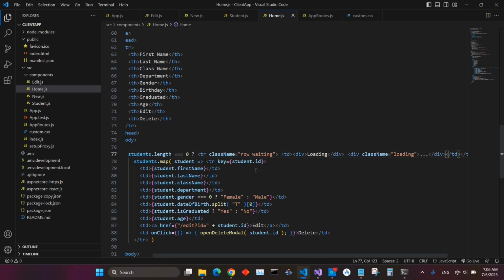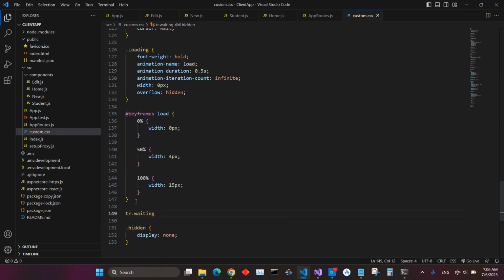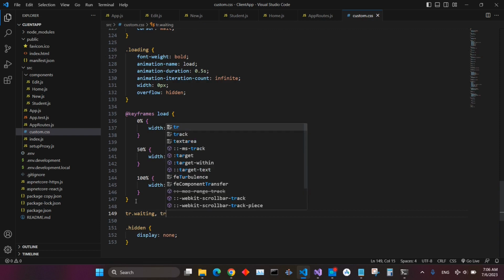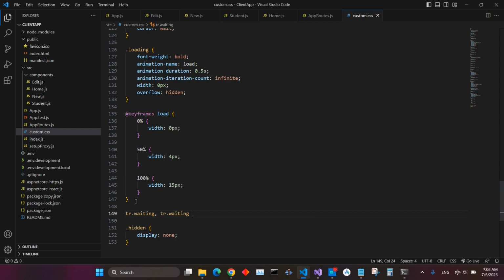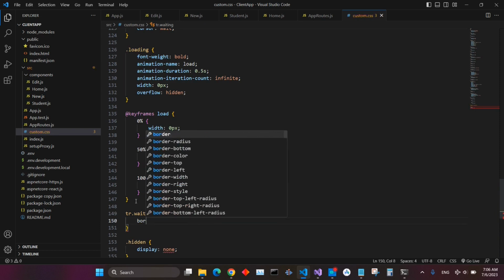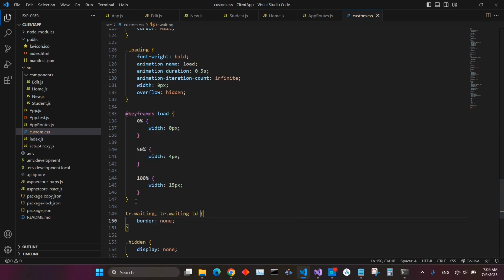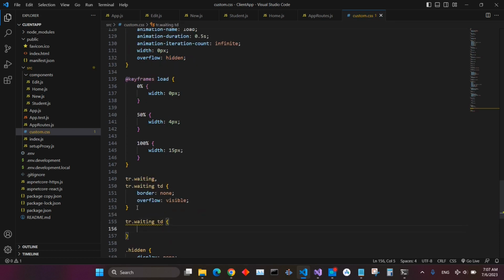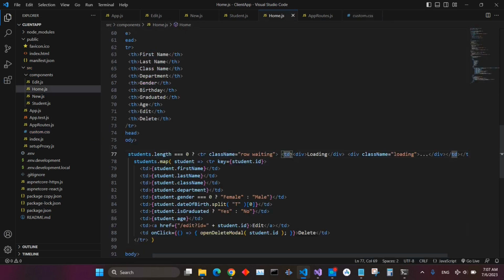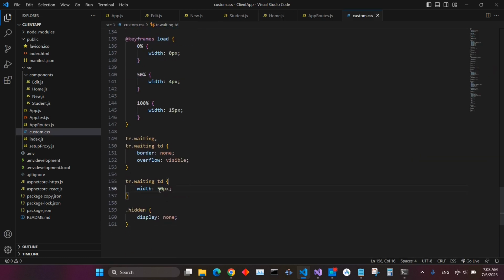Give this tr waiting, and that td should have no border, and tr waiting td should have border none, overflow visible, width 50 pixels, class row 100 pixel,